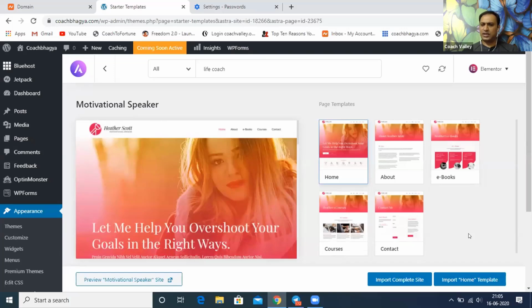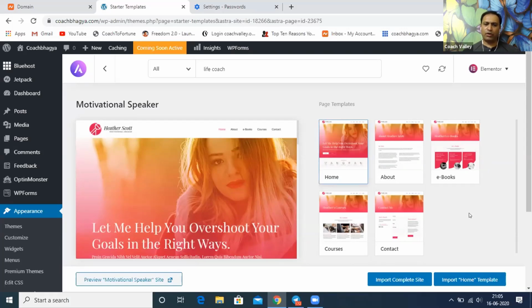See, the color is coming out just because of this image. They're using an image which has this color as well. I think the background color of this ebook, she's using pink. So that's the reason this whole site looks pinkish, right? We can change the color, so don't worry about it. If you like this layout, just take it.